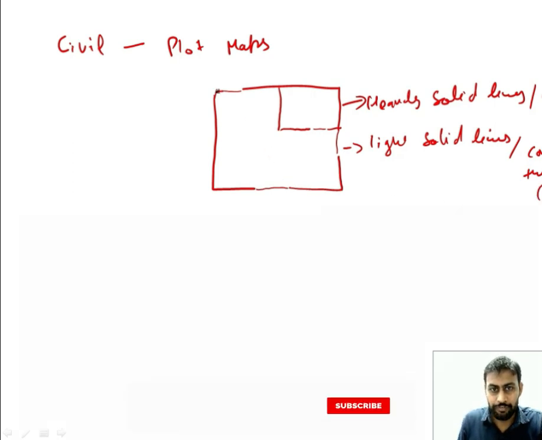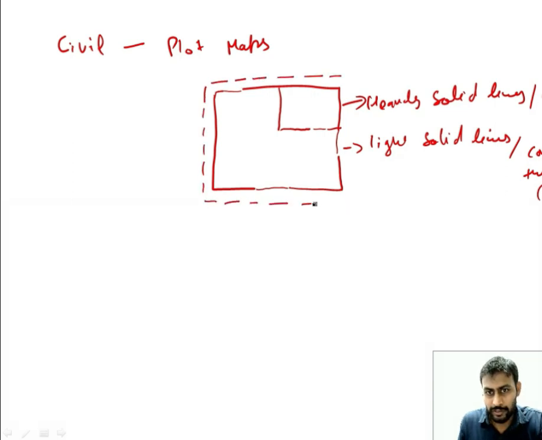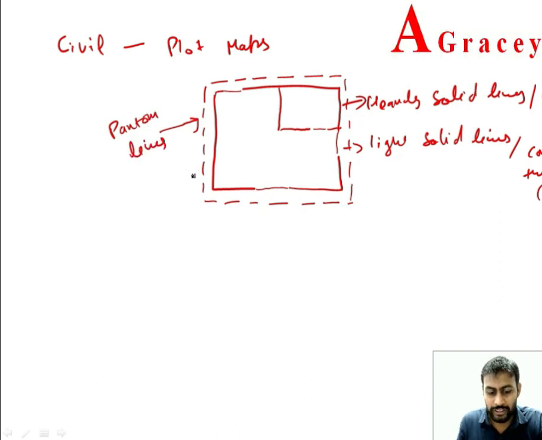Similarly, one more line is there, the phantom line. I am showing the roof overhanging part. In the plot, there is a roof with a hanging part that I am showing here. This overhanging part is represented with the help of phantom lines. For example, a balcony above, or you can say the lighter exposure beams. So these three terms are represented with phantom lines.